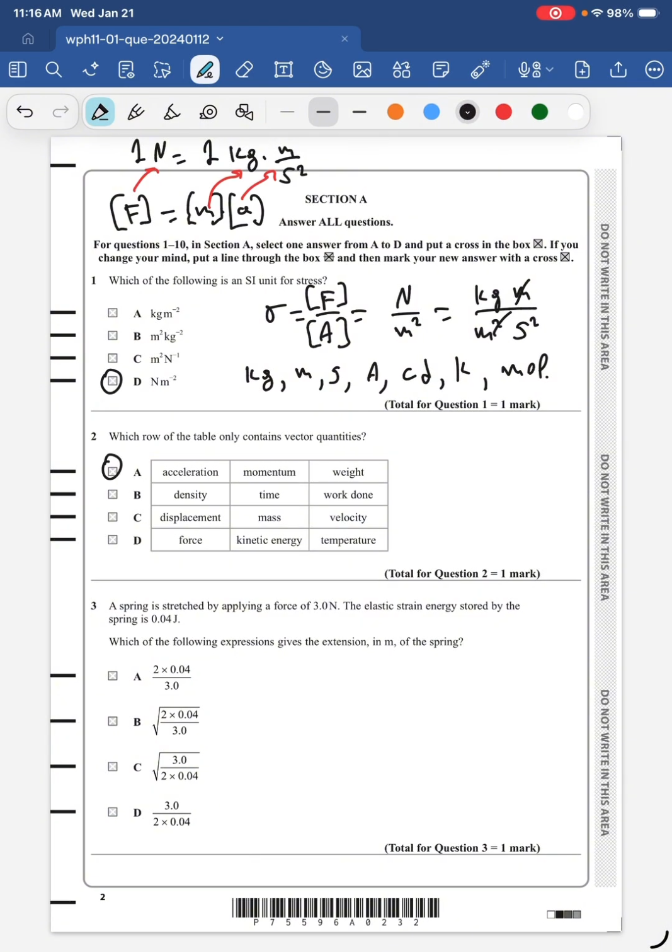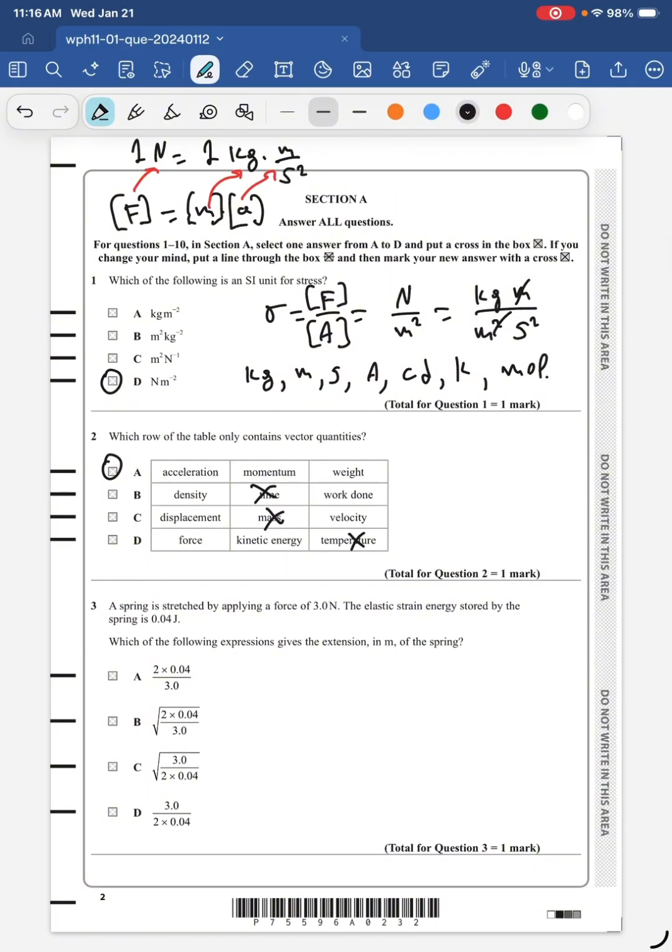Okay. Another thing about section A of unit 1, unit 2, and so on is that you can eliminate options. So in this example, in option B, you see time. Time is not a vector quantity. And then in option C, you see mass. Mass is not a vector quantity. And then temperature is not a vector quantity. All right, so all 3 options are wrong. And you can easily derive